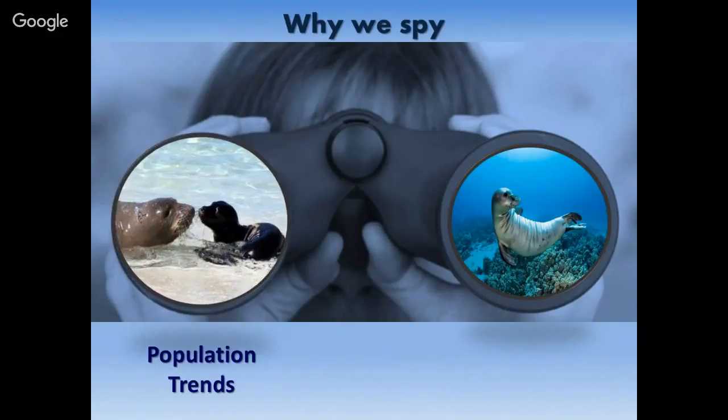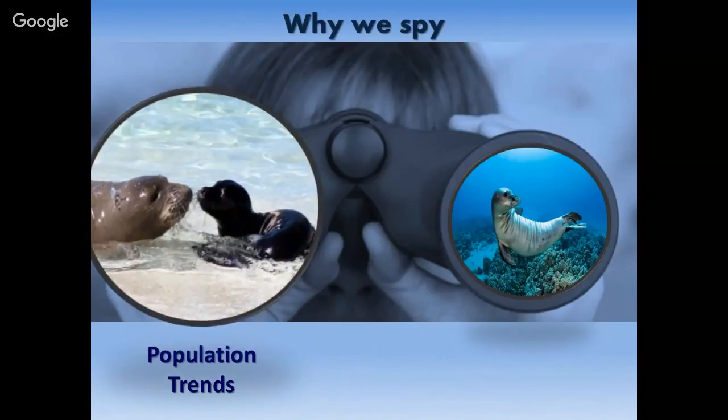So one of the first categories of things I'm going to talk about is understanding population trends. So is the population growing, shrinking, staying steady? Does it have enough reproductive animals in the population to help it grow? And so tonight I'm really going to be talking about that reproductive potential in the population, because